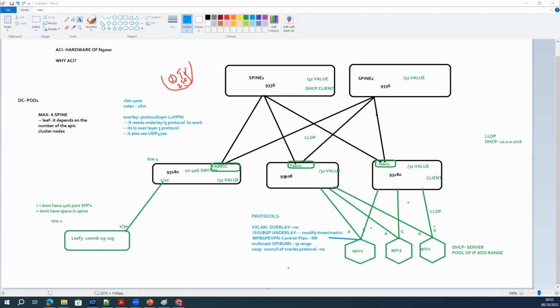Around 256. But suppose you have 1000 VLANs, 1000 IP addresses, and you want to stretch them across two or three sites. Is it possible through other protocols? The answer is no. Scalability is the major problem for the other layer 2 technologies.